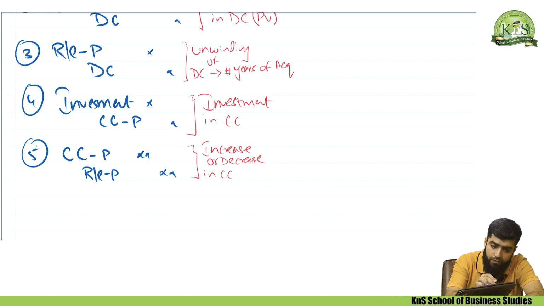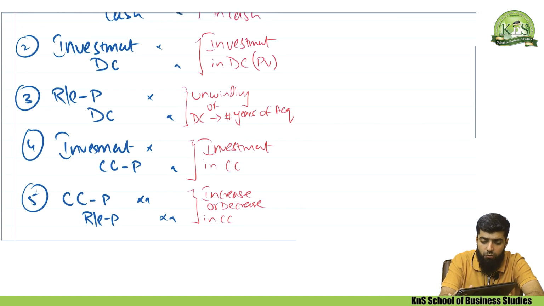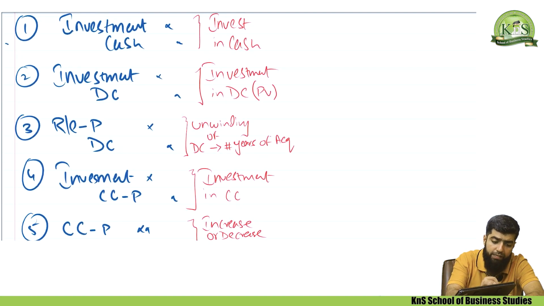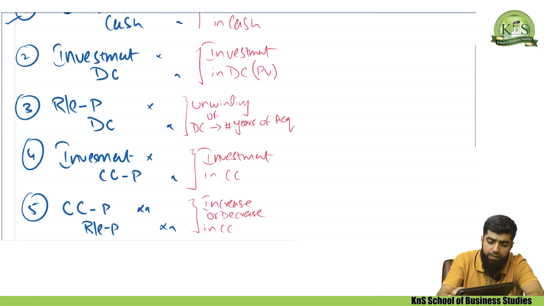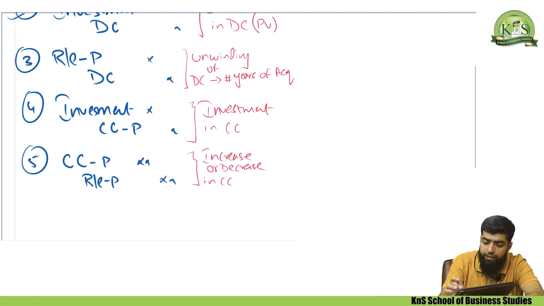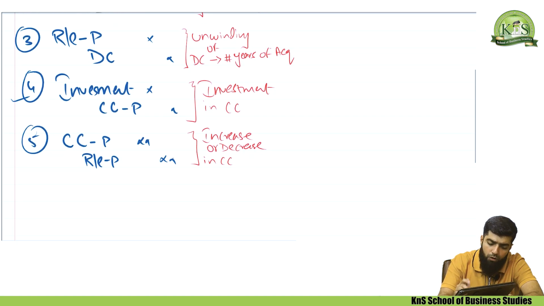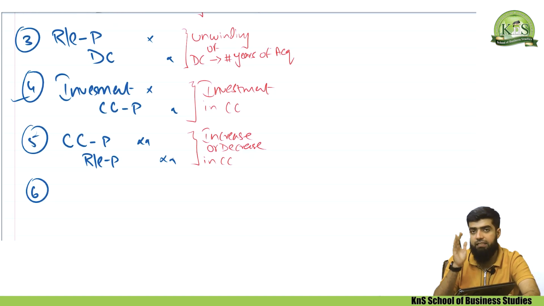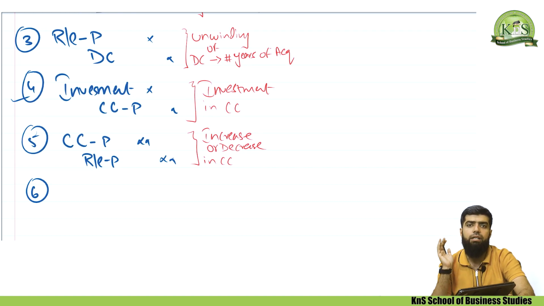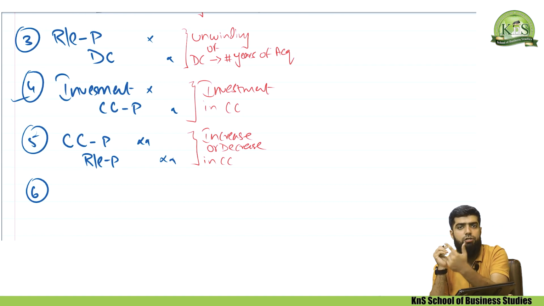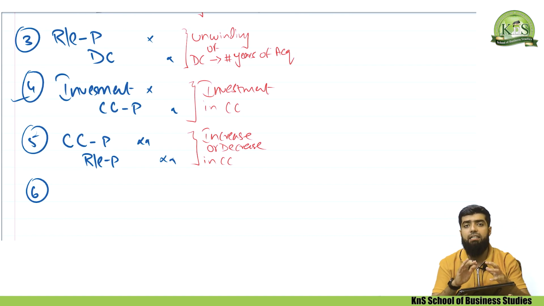Another adjustment that was overall from the investment perspective. It means investment could either be made in the form of cash, deferred consideration, or contingent consideration. So that was the investment side. Now let's move on towards the other side, that is the net assets. We all know that while calculating the amount of goodwill, we have two main line items: number one, the investment or consideration transferred, and number two, the net assets of a subsidiary company at the date of acquisition.